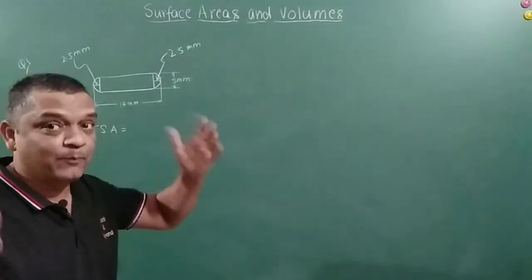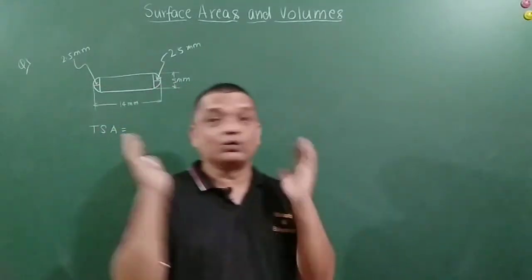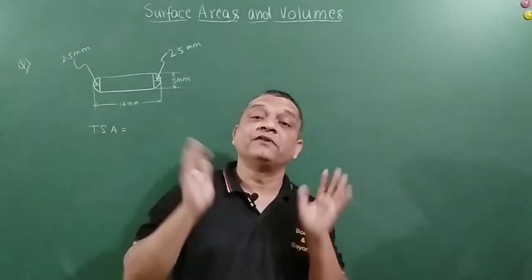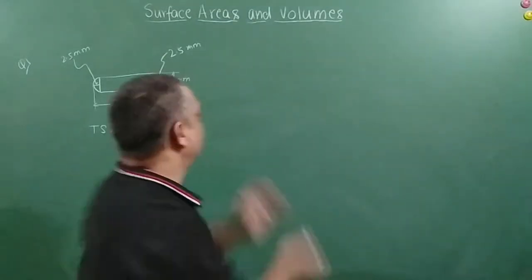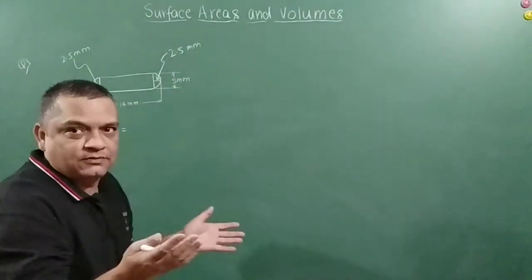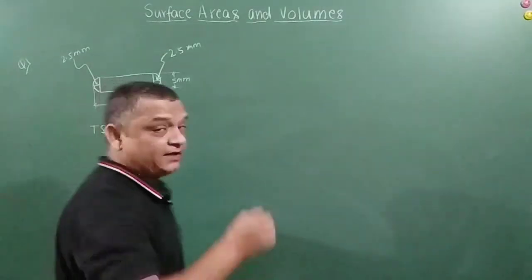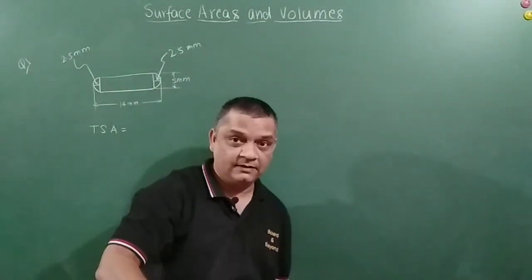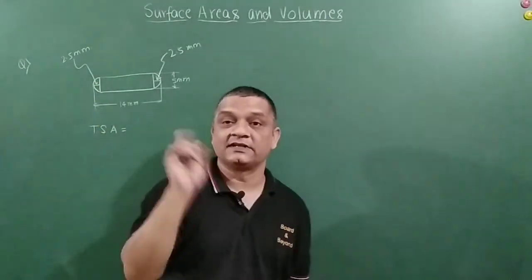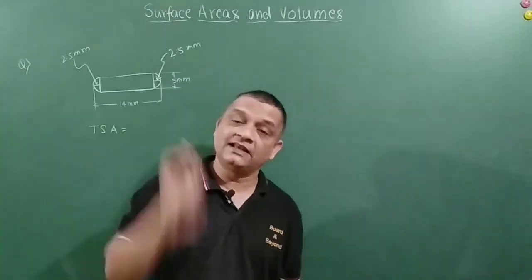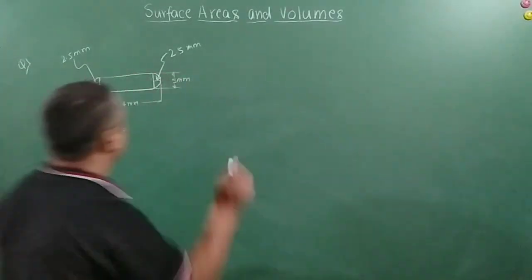Yes, one thing important, because this is getting stuck here, we will not find the total surface area of the cylinder. We will find only the curved surface area of the cylinder, because these two faces are not getting exposed, right? Just the previous concept, friend. If you dip this in the paint, this portion and this portion will not get painted because it is getting covered. So only whatever is getting painted is the total surface area, right? You have to imagine that way.